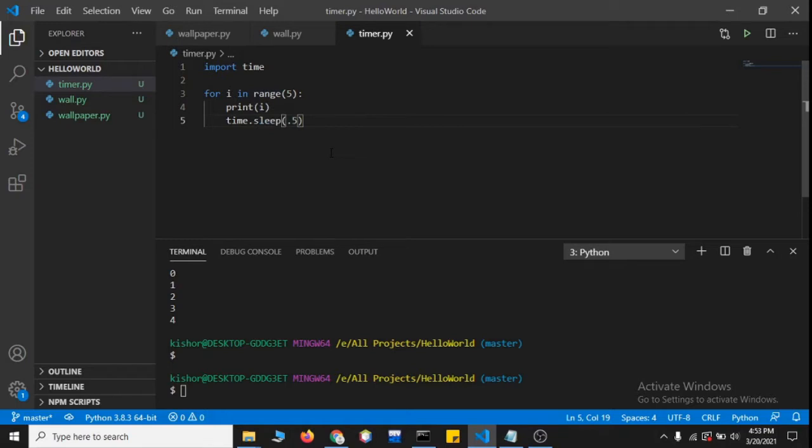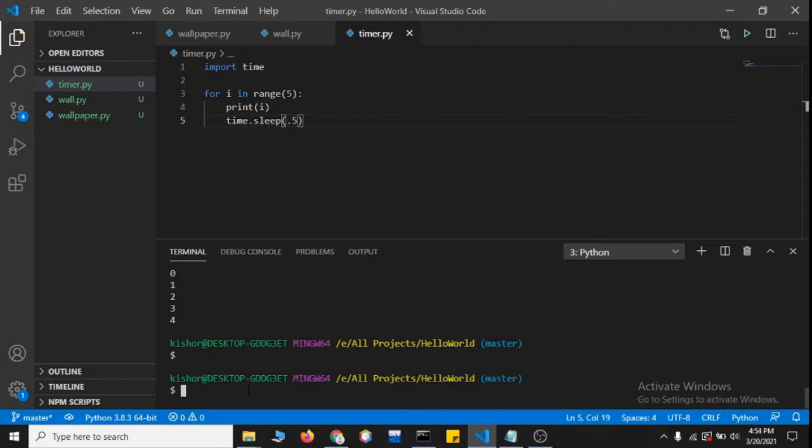Why is this necessary? It is necessary because we want some delay when we change wallpapers. That delay is going to be 0.5 seconds. We can have any value that we want, like 1 second or 2 seconds, but the point to note is that the value we provide here is in seconds, unlike other languages like JavaScript, where it should be in milliseconds, so you provide 1000 milliseconds. Here we will have just 1 second, or 0.5 seconds for half a second.